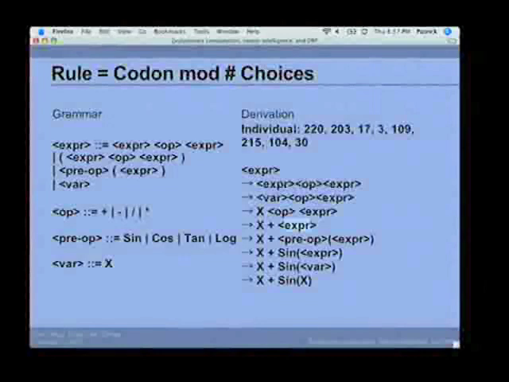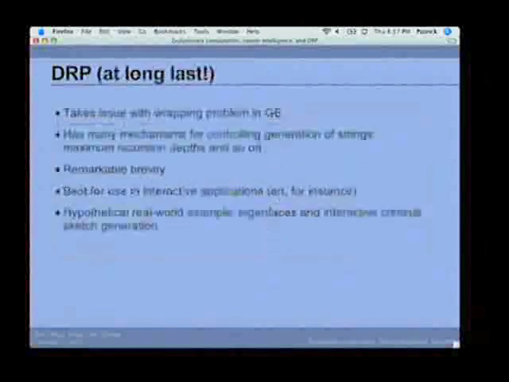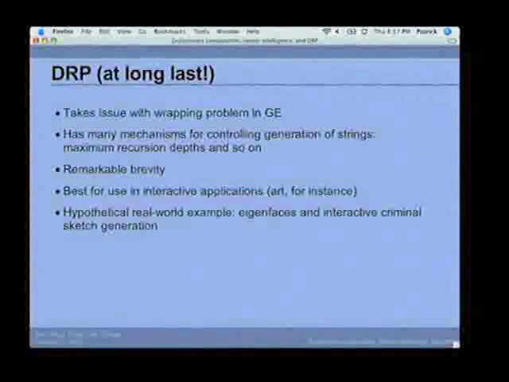So now we can finally explain what DRP is. Basically, the author of DRP notices a problem with grammatical evolution. Namely, it's possible in this mapping process. Here the mapping works out fine, but what could happen is, for instance, if you start at this first